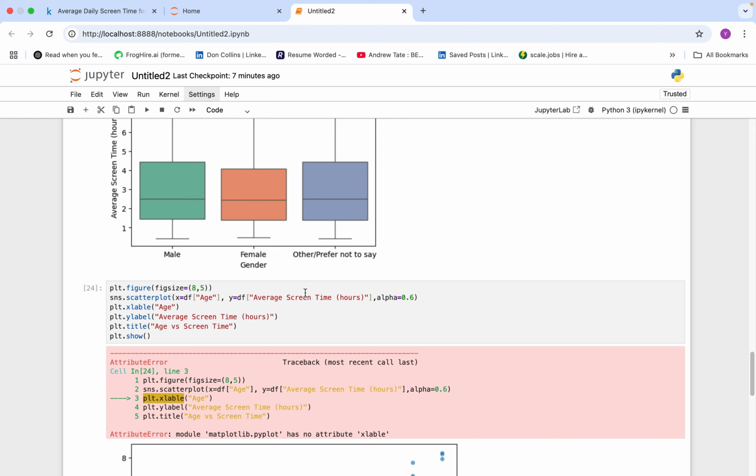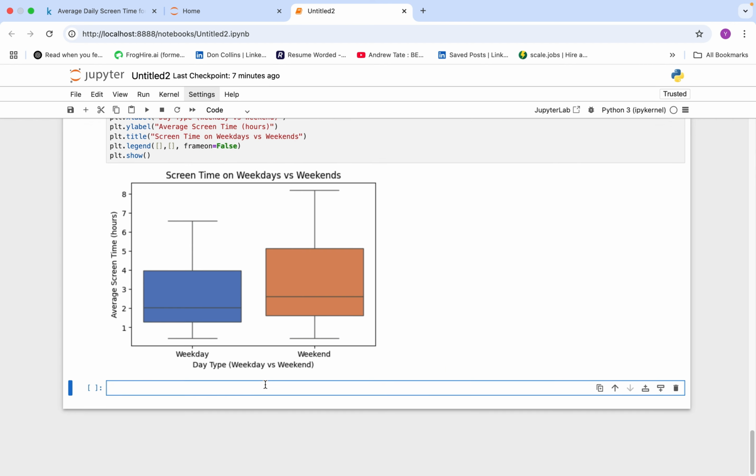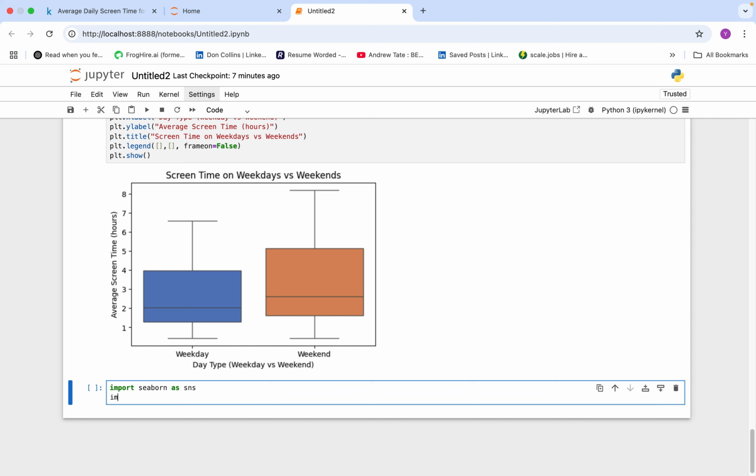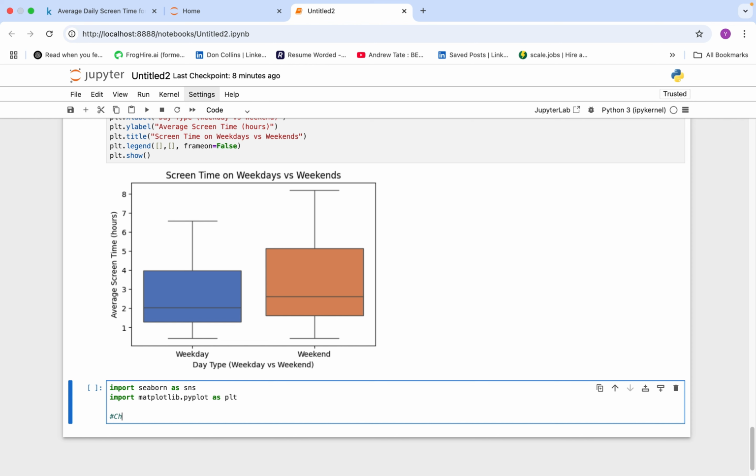The first step is checking relationships between the features. To improve our analysis, let's check how different variables are related. For that we need to write import seaborn as sns, import matplotlib. I know we have already done this and already imported these libraries, but doing it again is also good practice. There is no harm in that. So, checking correlations,